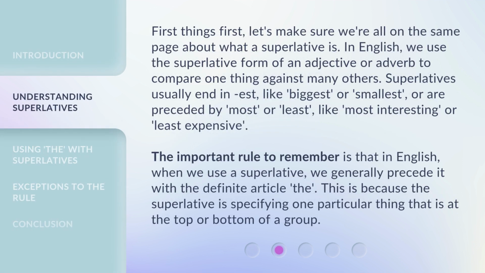First things first, let's make sure we're all on the same page about what a superlative is. In English, we use the superlative form of an adjective or adverb to compare one thing against many others. Superlatives usually end in "-est," like "biggest" or "smallest," or are preceded by "most" or "least," like "most interesting" or